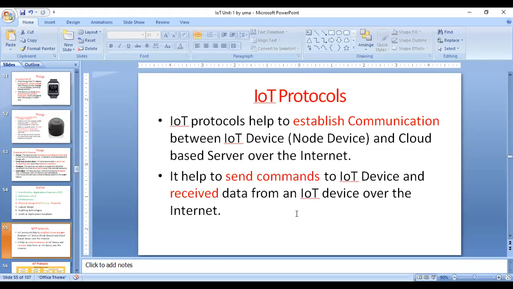Link layer protocols are there, and different protocols are used to establish communication between devices and servers. The work of the protocols is to send commands to the IoT devices and then receive data from the IoT device over the internet. That means sending the data and receiving the data from the IoT device. That is the main task of protocols here.